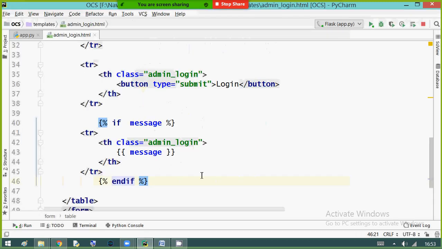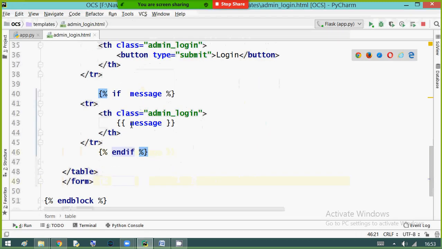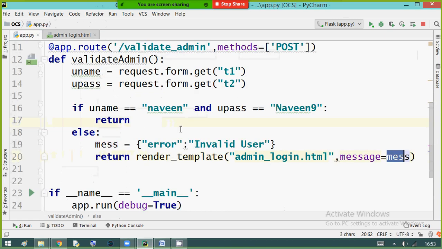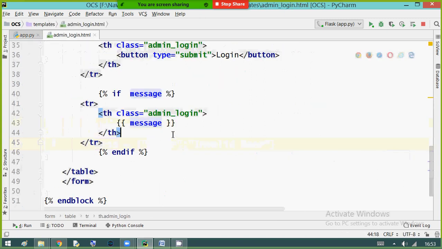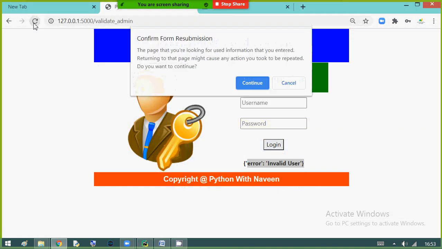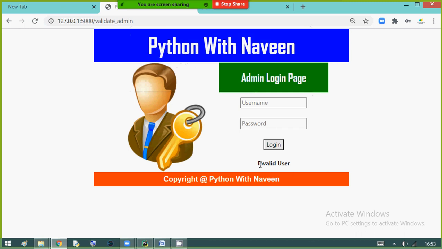It's very simple. Instead of displaying message, because message is holding your variable where your variable contains error, I'm writing message dot error. Observe the result: invalid user.